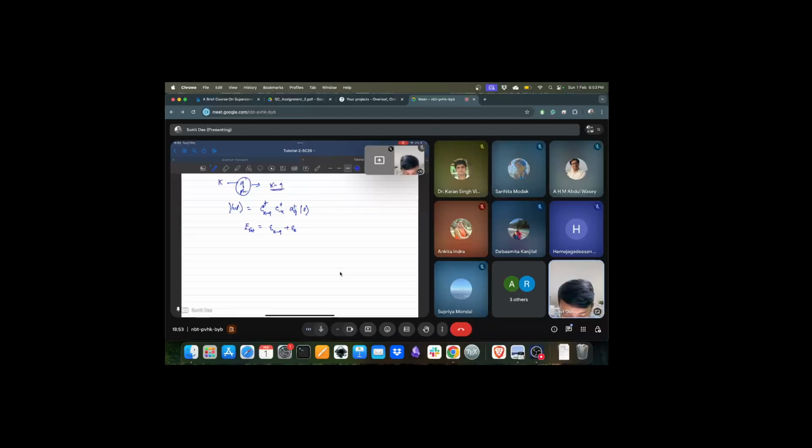But the only thing, I think, is epsilon of k minus q, epsilon of minus k actually, plus h bar omega q. Okay,